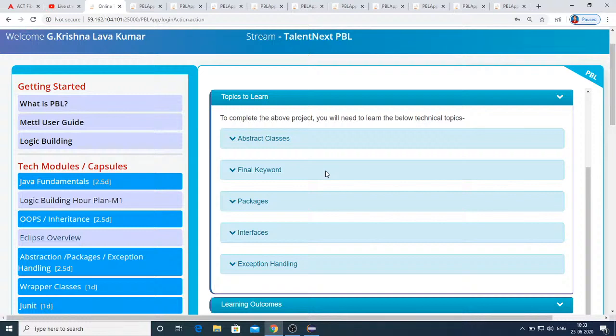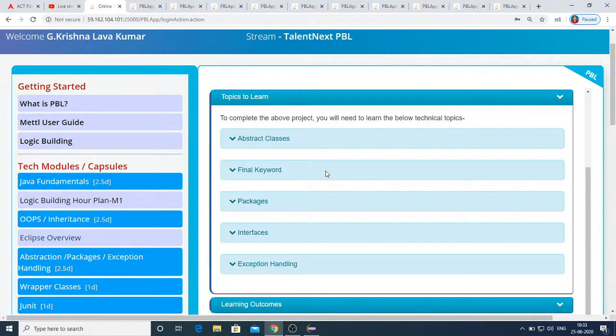So, in the last session, we discussed garbage collection and strings and string buffers. We understood how garbage collection is automatically performed in Java.